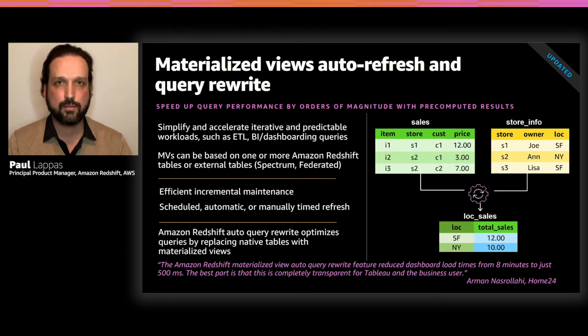Using materialized views, you can store the pre-computed results of queries and efficiently maintain them by incrementally processing the latest changes whenever the source data changes. MVs can be manually refreshed, or you can schedule the refresh. Amazon Redshift now provides a new option to automatically refresh materialized views, which simplifies the usage of up-to-date materialized views